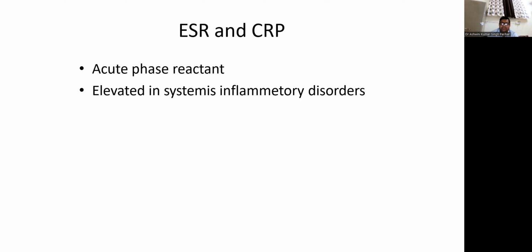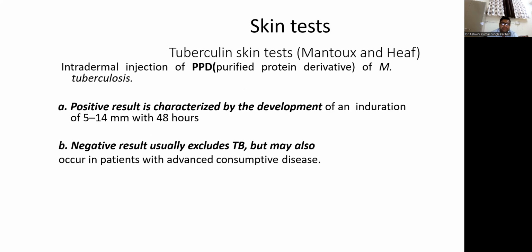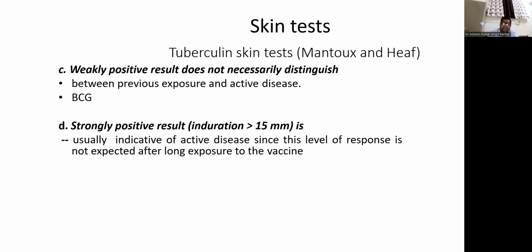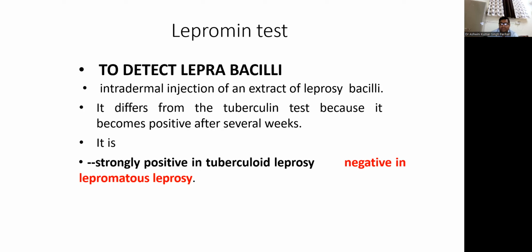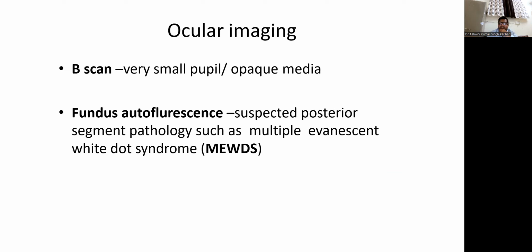ESR, CRP for the inflammatory disorders, other common conditions to be assessed. Skin test, tuberculin and lepromin, more than 15 mm positive for tuberculin strongly suggests active disease. The lepromin is strongly positive in tuberculoid leprosy, but negative in lepromatous leprosy. X-ray for sacroiliitis, sacroiliac joint and chest X-ray for TB and sarcoidosis, ocular imaging, B-scan, fundus imaging,